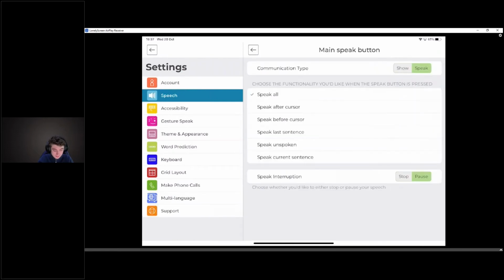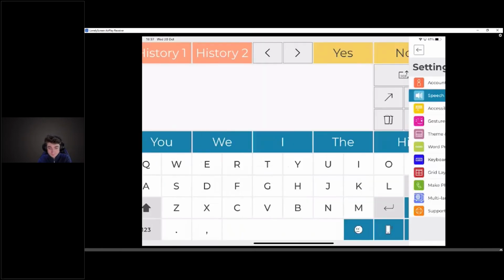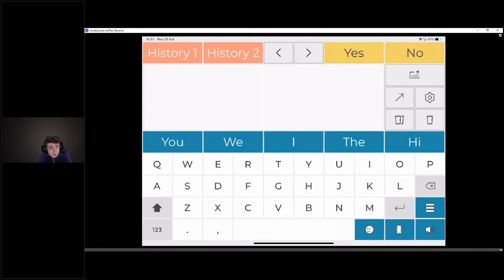So if I start with main speak button, first thing you can do is change between show and speak. So I set it to show. You can see that rather than a speaker up there, we've got the sort of upside down label thing. That's because you can use that button to,